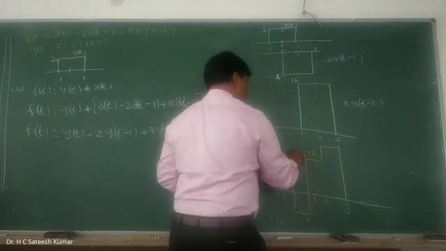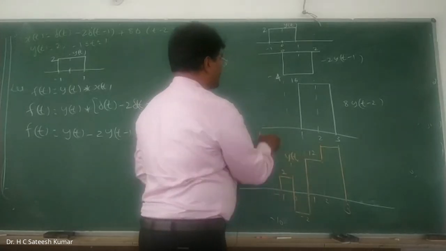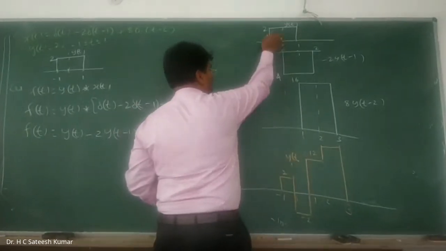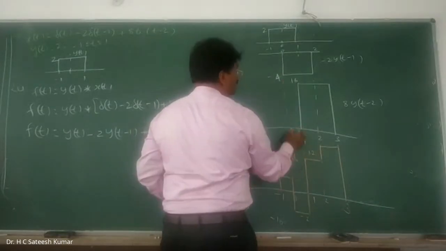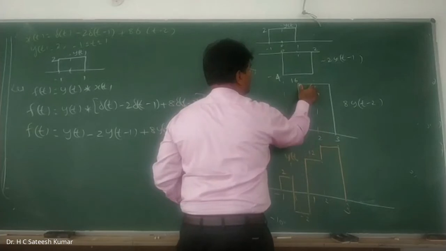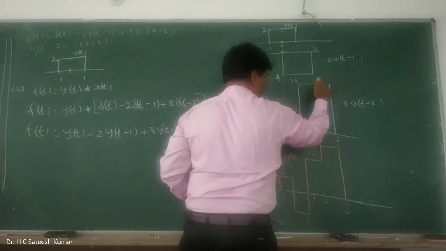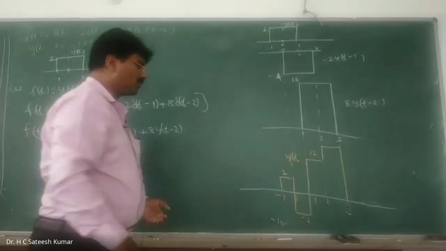Two ways we can do. One is edge. In the beginning, I have taken the range only. What have I taken? Range means what? 0 plus 2 is 2. And next, 0 minus 4 plus 2 is minus 2. And 16 minus 4 is what? 12. And 0 plus 16 is 16. So that way also we can do it.